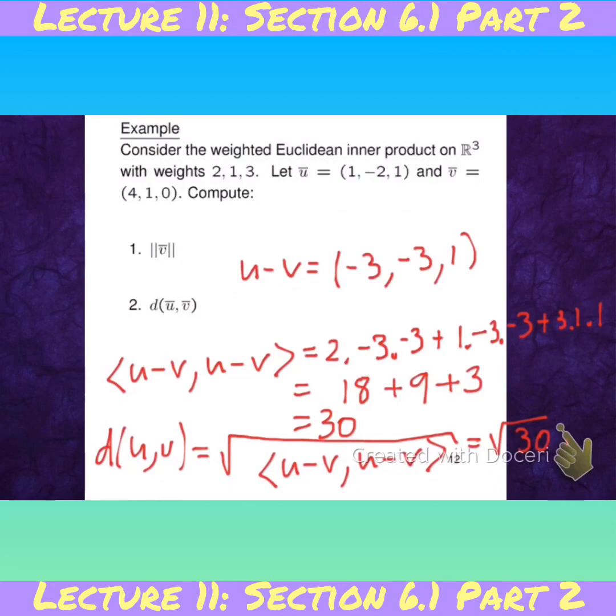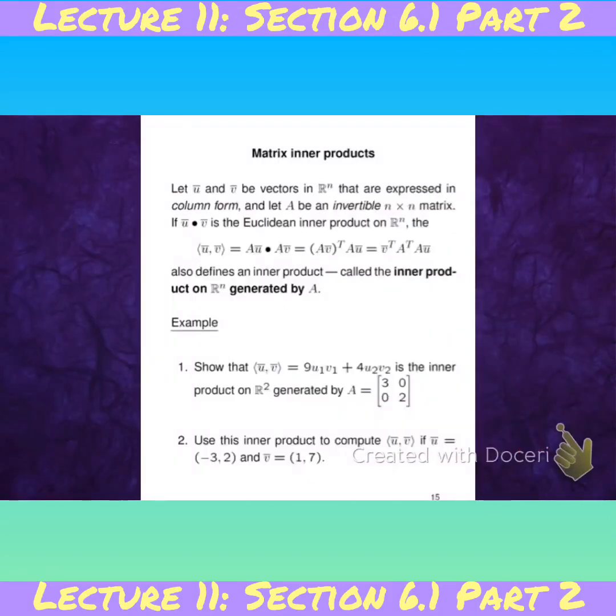So in terms of the weighted Euclidean inner product, that is how the norm and the distance are going to look. Now, just this little last section here on matrix inner products. If u and v are vectors in Rn expressed in column form, and A is a square n by n matrix, and if u dot v is the Euclidean inner product on Rn, then